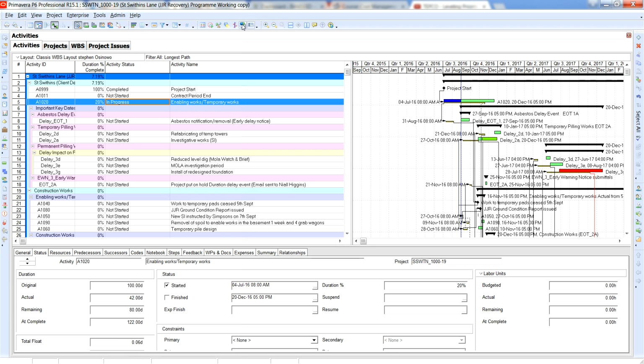Now, in order for you to see that, what you come to do is you come up here and you click on the progress line. And what that tells you is anything to the left is late. Anything to the right is early. So as you can clearly see from the progress line, the baseline of this particular activity is definitely behind